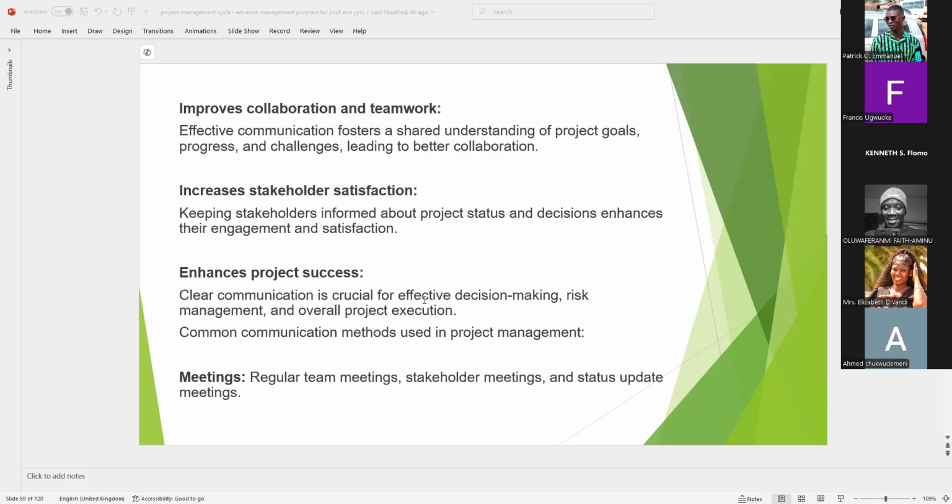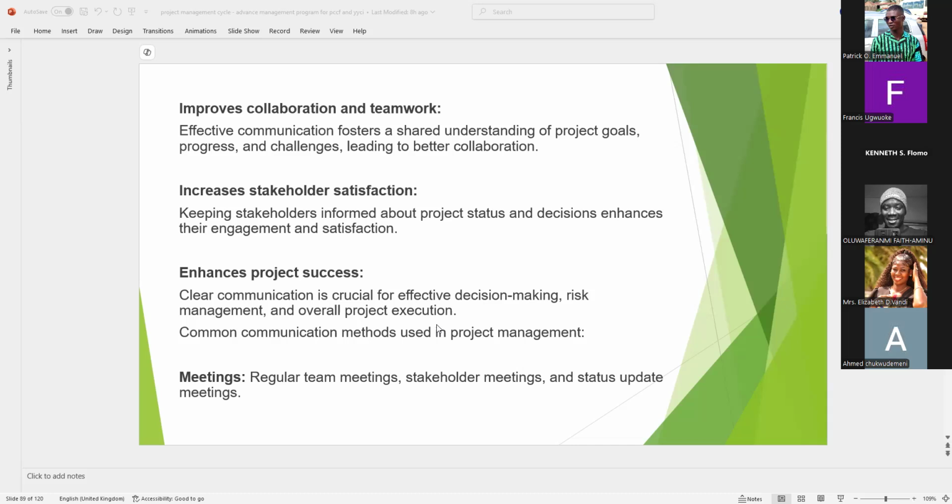So the next one I want to mention is meetings. Very important that we continuously have meetings together with ourselves in the team and also with the stakeholders, and also update the meeting. That means you report what you've done so far, and also the expectations and the needs. Probably during the meetings you will capture the needs and expectations of the stakeholders, because as they express themselves, you'll be able to capture what they are actually expecting,